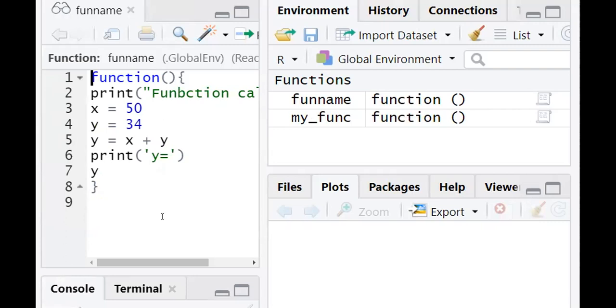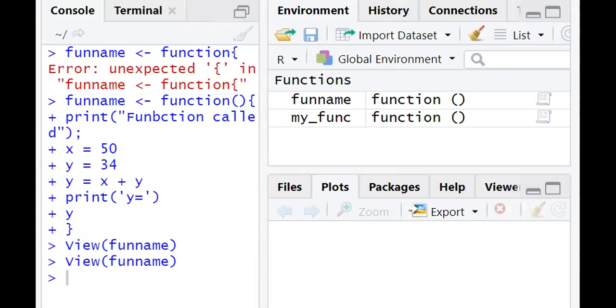The command that is added is the view function name, view followed by the function name. So it has opened because our function name is function.